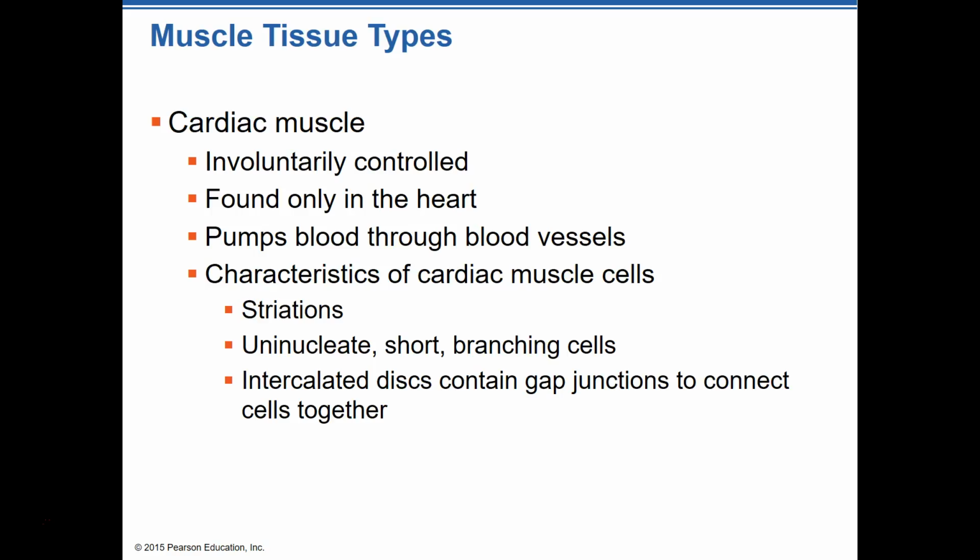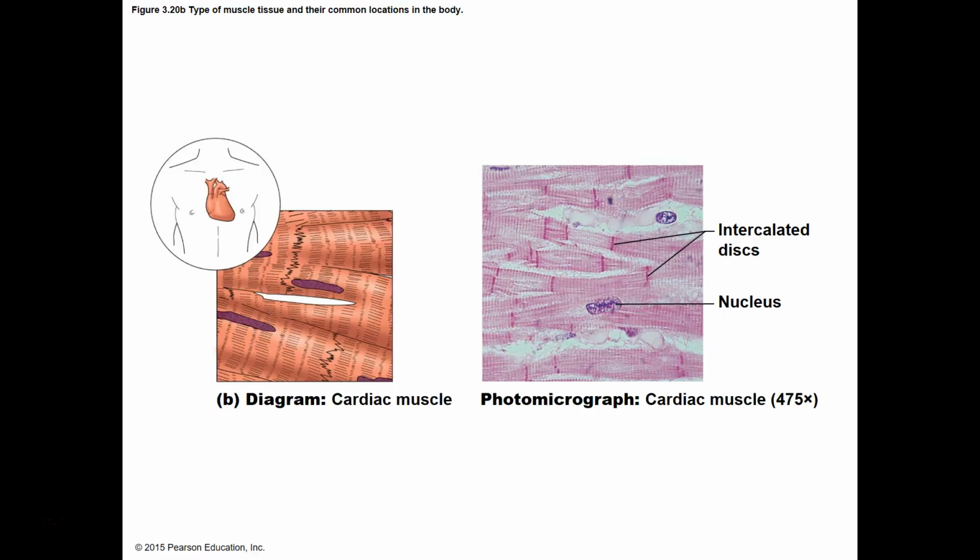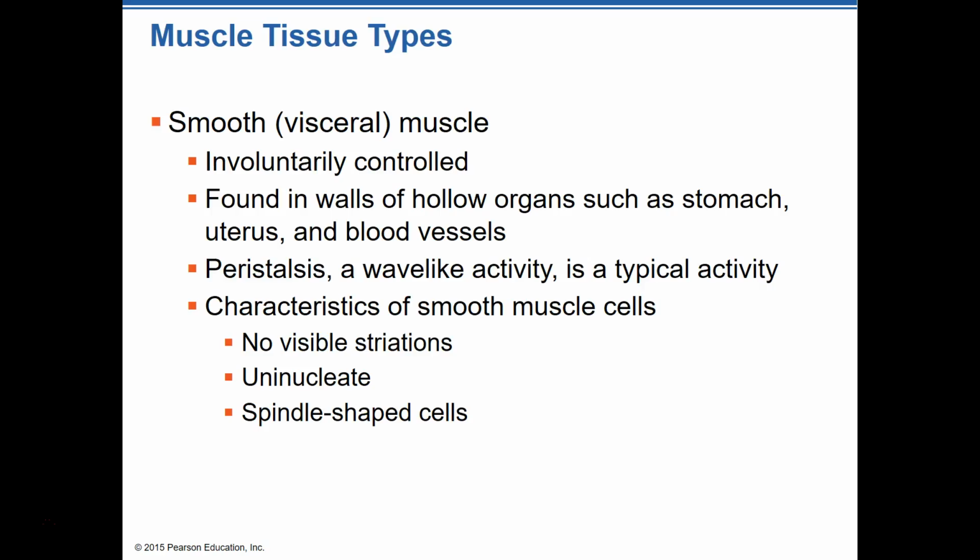Cardiac muscles are involuntarily controlled. That's a good thing. We don't have to sit around and remind our heart to beat. Oh, hey, I forgot to tell my heart to beat. There would not be many of us, or probably any of us, still alive. Those that were still alive would only be sitting around thinking about their heart beating. So the cardiac muscle is striated too, and we'll talk about why it's striated later. Uninucleated, short branching cells, so they're a very unique cell. And we can see a picture of it there on the left and a real picture of it on the right. Smooth muscles are also involuntary.